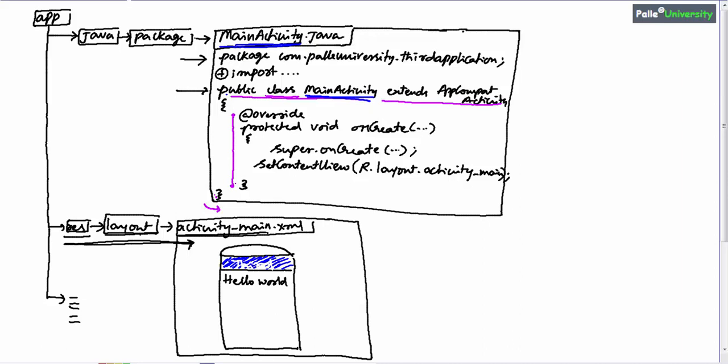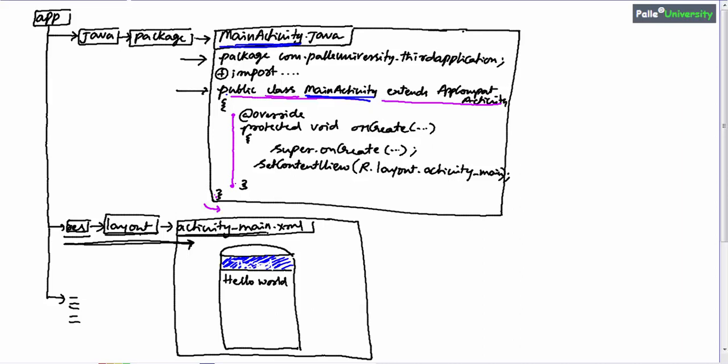Coming to the second expression, extends AppCompatActivity. In terms of Java, this says that your MainActivity class is inheriting the properties of AppCompatActivity. But in common man language, if you are not a familiar object oriented programmer, extends AppCompatActivity means this code is not a plain Java code, this code is an activity code or a screen code.